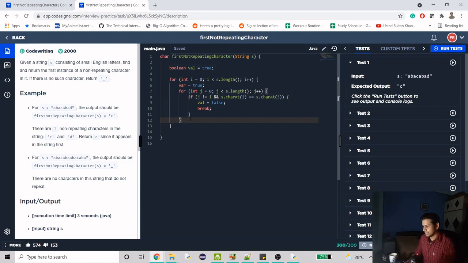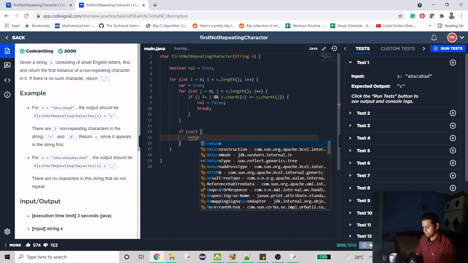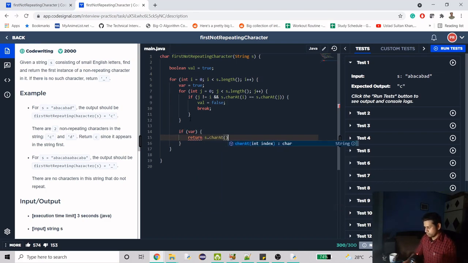In that case we come out of the for loop, and our variable should be true, right? So if the variable is true, we return that character, and otherwise we have to return this weird thing.